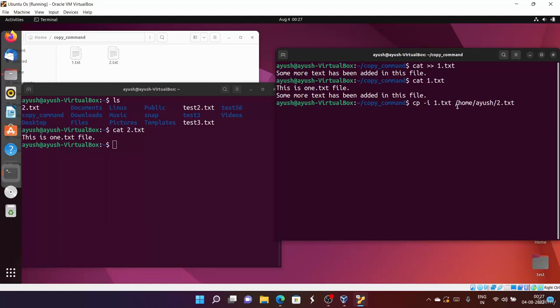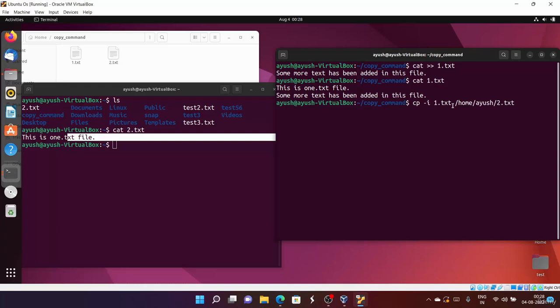It will prompt you for file overwrite. If the file already exists, it will prompt whether you want to overwrite the content or not, because there is something else in 2.txt. If you run this command without -i, it will simply overwrite the content of 1.txt into 2.txt. But using -i, it will prompt you for your decision